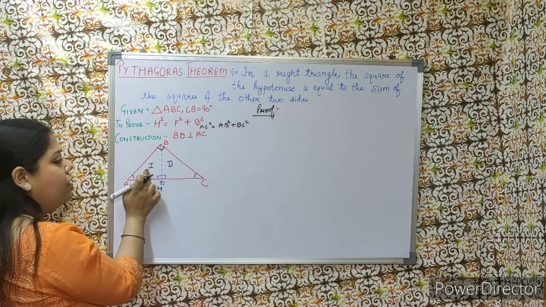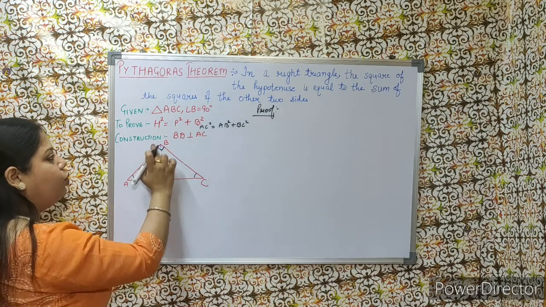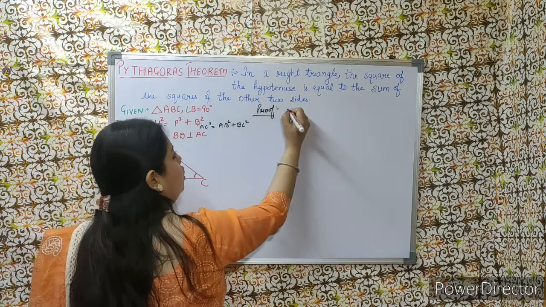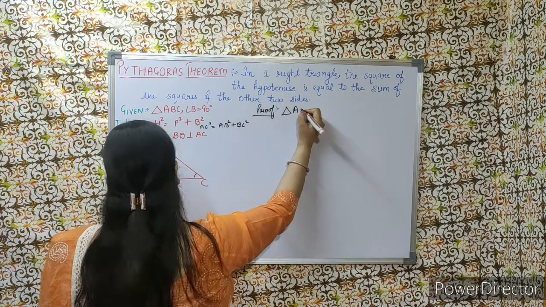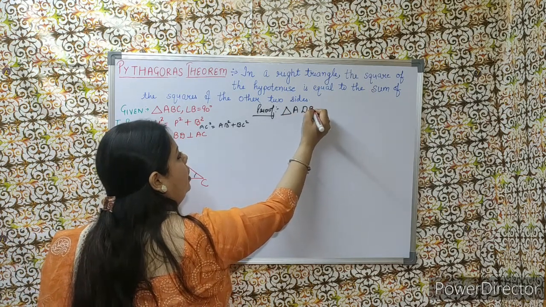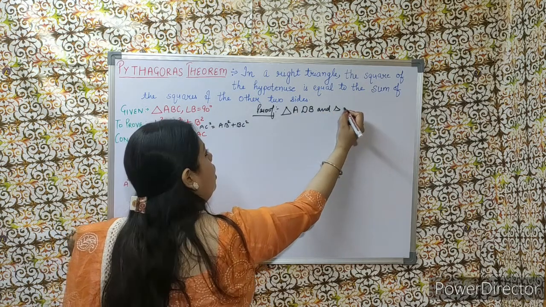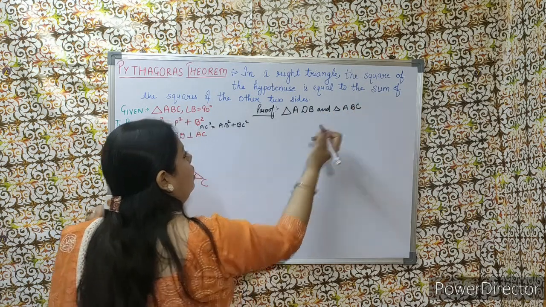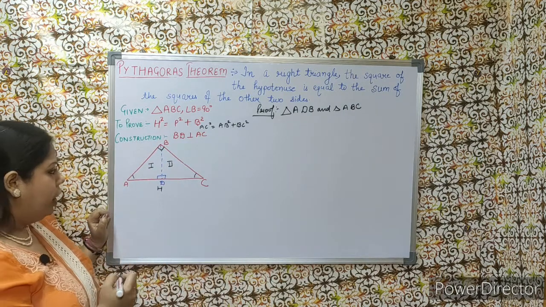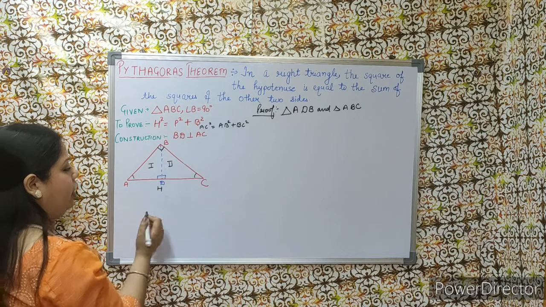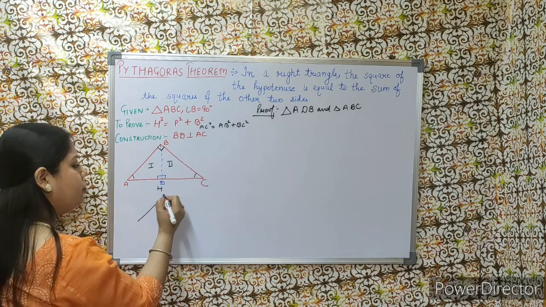So I will take triangle ADB and triangle ABC. Now for your convenience, I am again drawing triangle ADB here separately